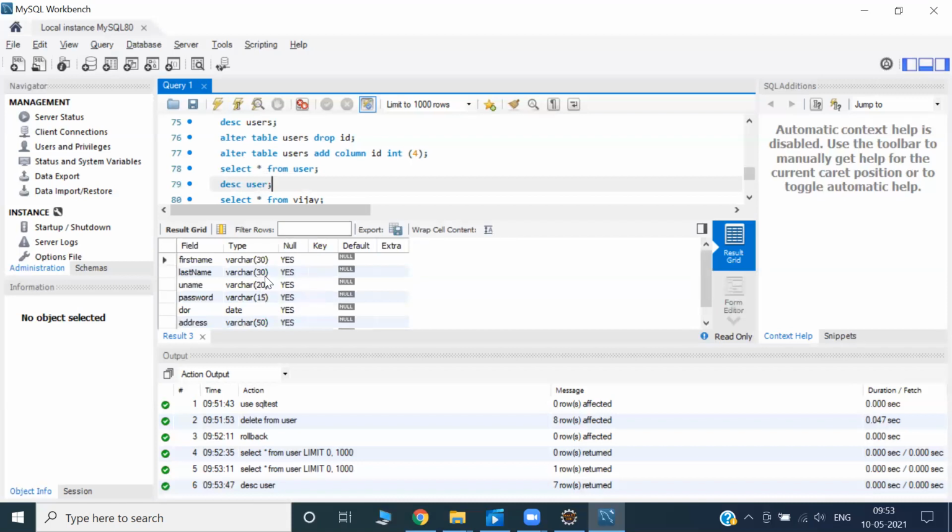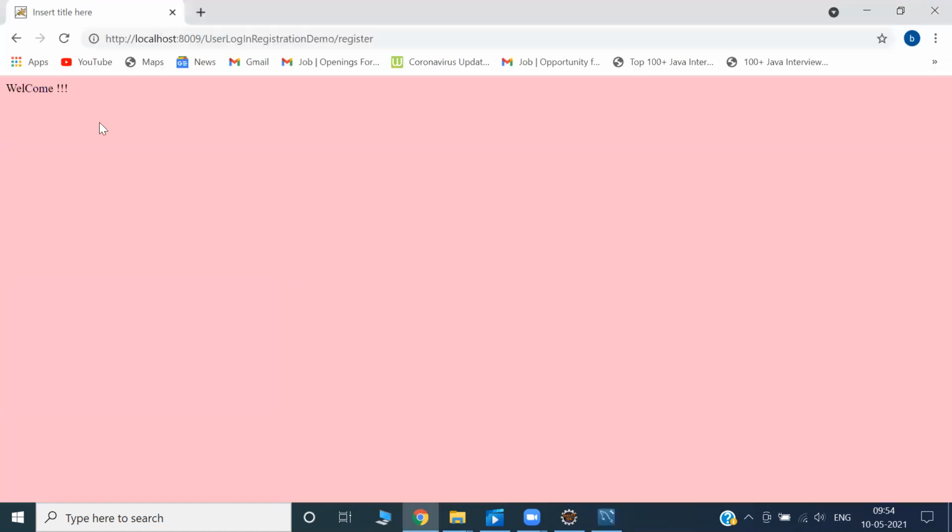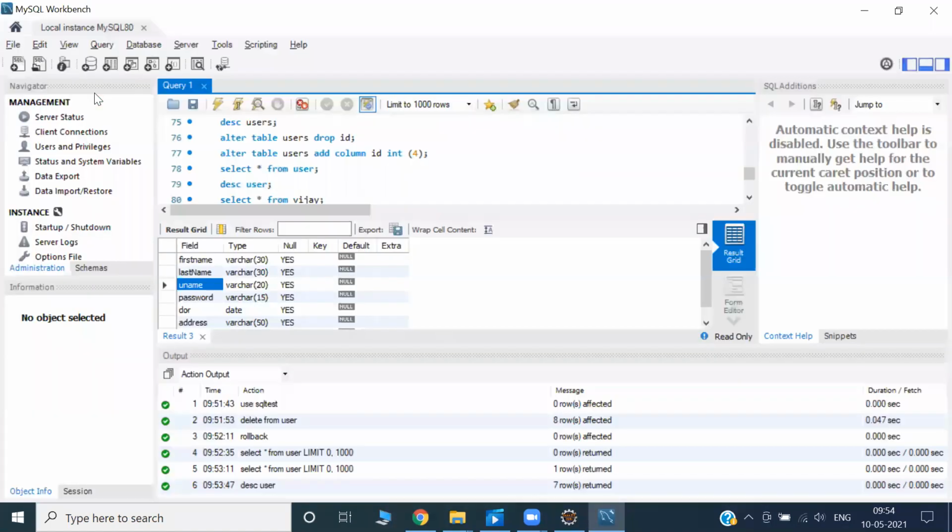But I have not set anything as a primary key. What we can do is add a constraint to this table where we can add the primary key. Thinking about it, maybe first name, last name, user ID, or maybe username, we can do that later. We can make this username a primary key. Every time, it will check the username, and you cannot put in a duplicate username.